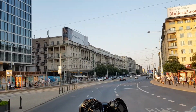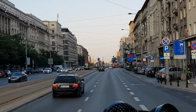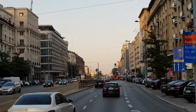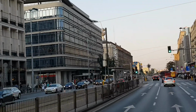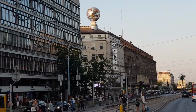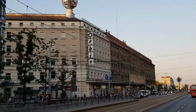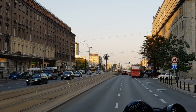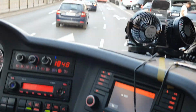So now we are driving along Jerusalem Avenue, another main street in the city. Jerusalem because in the Middle Ages there was a Jewish quarter at the end of the street. And in a moment you will see a very unique roundabout named after General Charles de Gaulle. It's unique because of the palm tree located in the middle of it. It's an artificial palm tree. The trunk is from France and the leaves are from California. It's the only plastic palm tree. On your right hand side you will see the